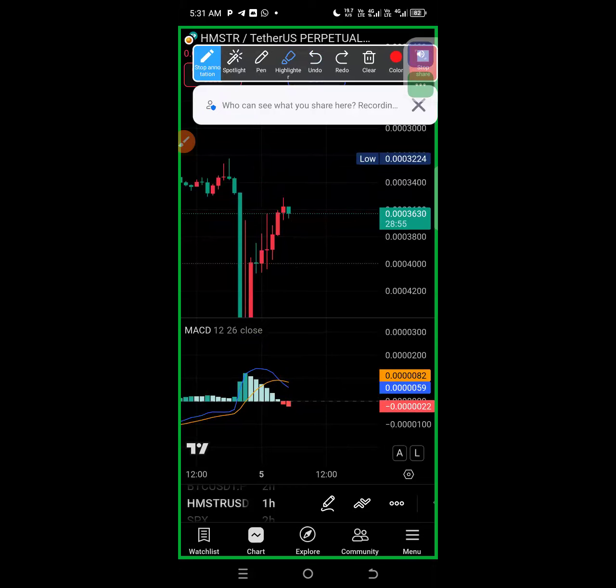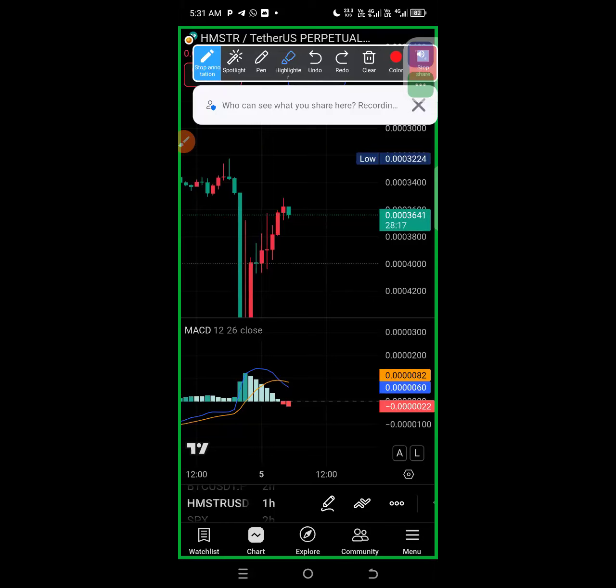And what gives it confirmation is if the histogram is also above the zero line. If the histogram is above the zero line, it defines that indeed the momentum is strong. There may be an instance, even though I don't normally see that, where there has been a crossover, but the bullish momentum is still weak, or the histogram is still below or above,